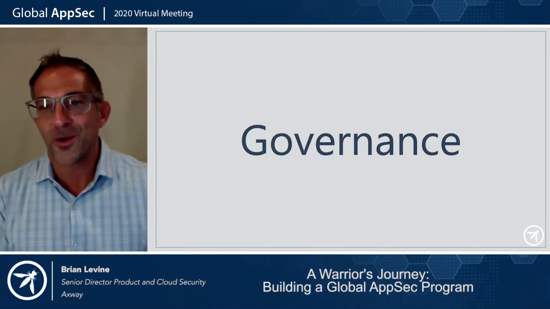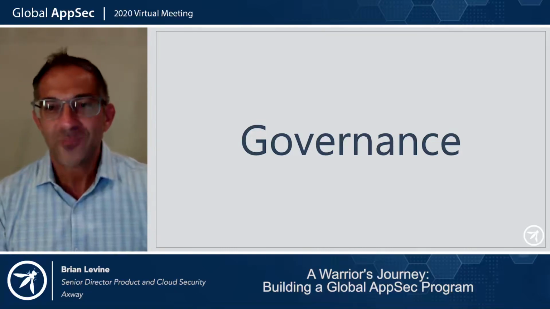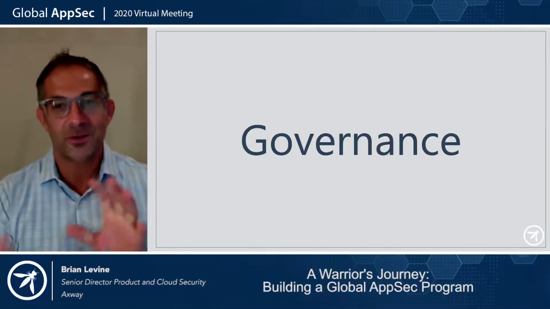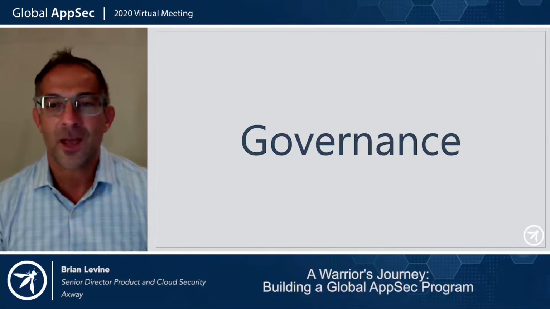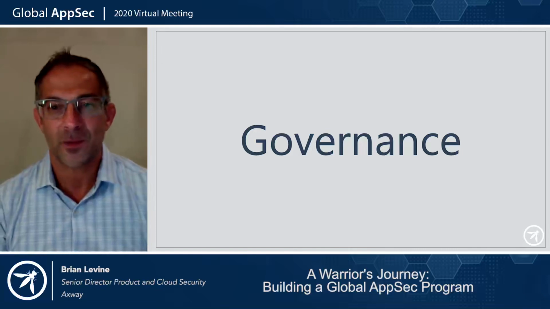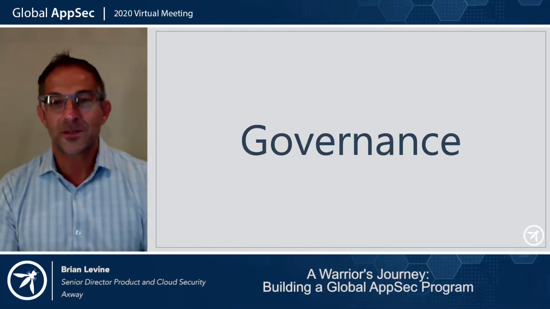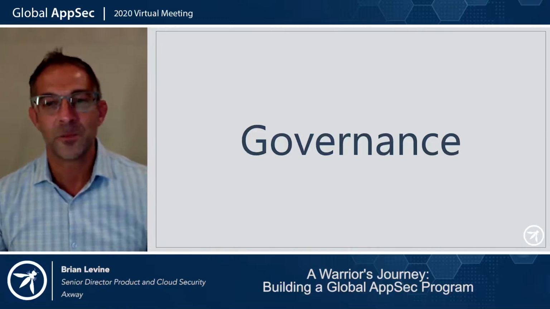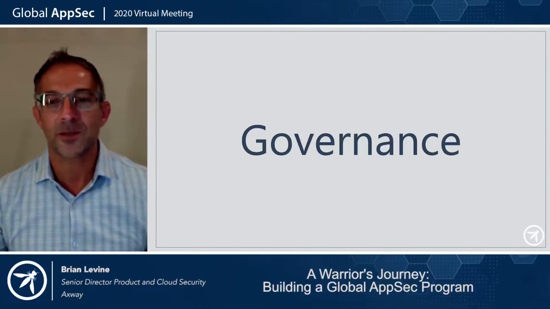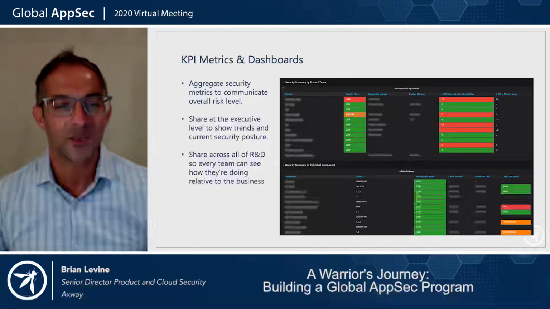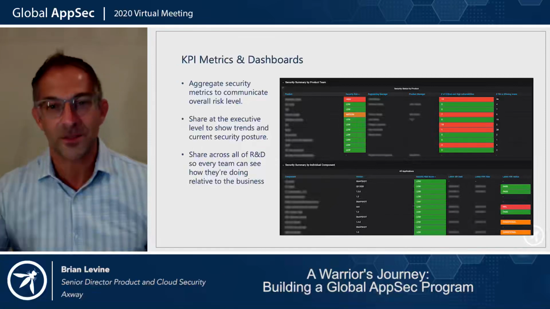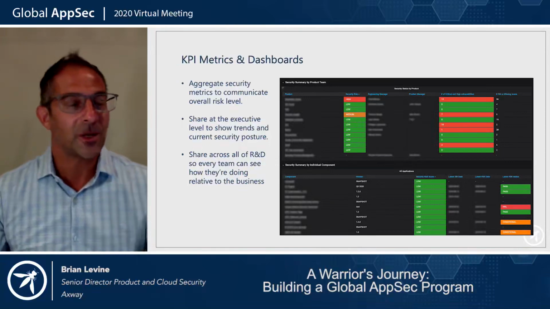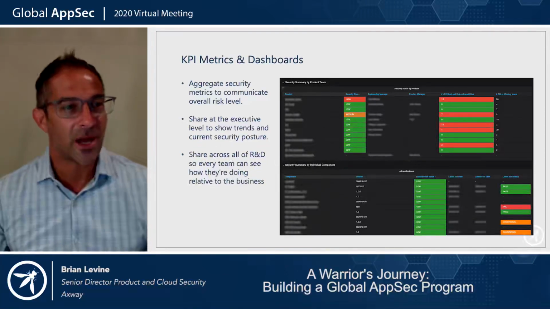So now we've come to the third and final stop on our tour, and I appreciate your patience and attention so far. I'm going to cover two core components on governance, and then we'll wrap up. The first concept we're going to talk about is establishing meaningful metrics and KPIs. The second point is handling security exceptions and risk acceptance as part of your SDLC process. In this example, I'm sharing some KPI metrics and dashboards.